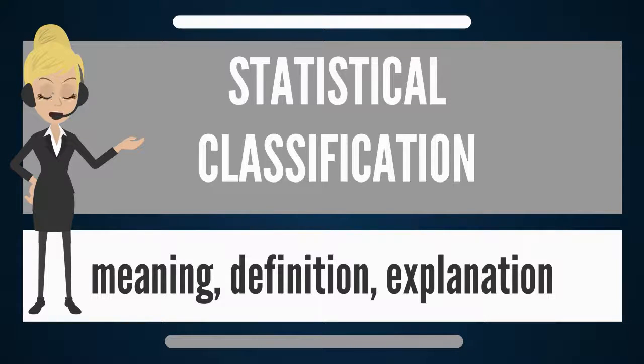Classification is an example of pattern recognition. In the terminology of machine learning, classification is considered an instance of supervised learning, that is, learning where a training set of correctly identified observations is available. The corresponding unsupervised procedure is known as clustering, and involves grouping data into categories based on some measure of inherent similarity or distance. Often, the individual observations are analyzed into a set of quantifiable properties, known variously as explanatory variables